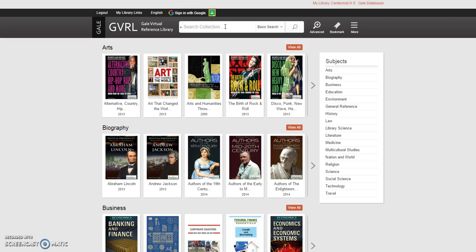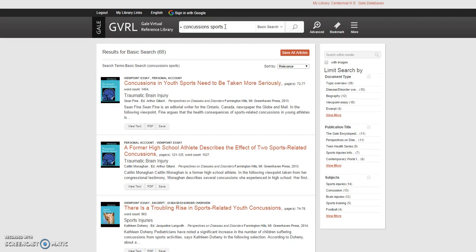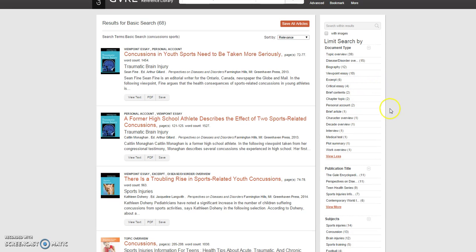So let's type in concussions and sports. Then it's going to filter through, and it found 68 results over concussions and sports. Just like with databases, with ebooks you can also narrow down your search by looking at limiters. So over here on the side, for example, if I do view more for document type, I can see that